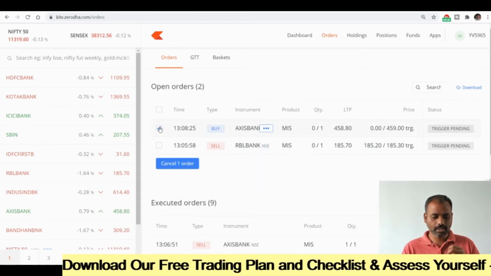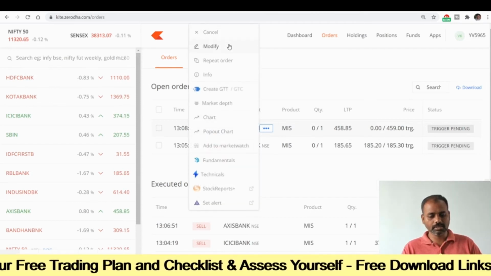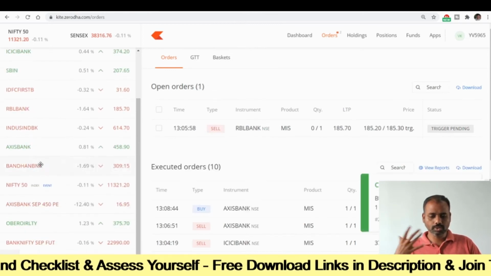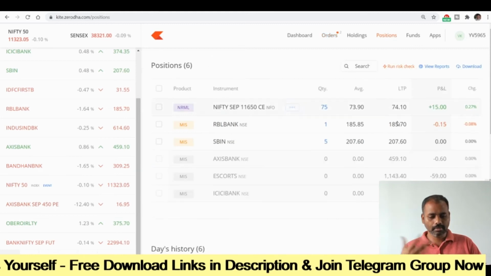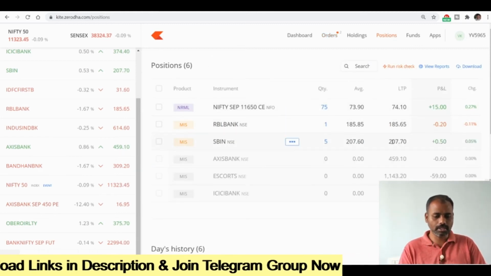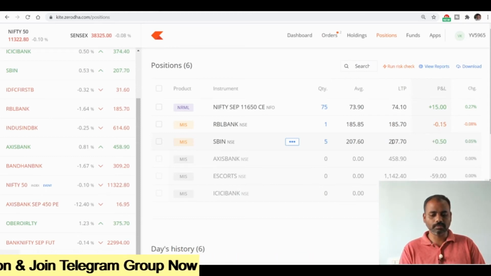So now I can also modify this order to keep it in SL with limit or whichever. I will try to sell one more stock and explain. So now this buy is complete. My stop loss was hit. The price actually came up, because when I shorted it, I expected the price to go down, but it went the opposite way, so the stop loss was hit for the shorting order.